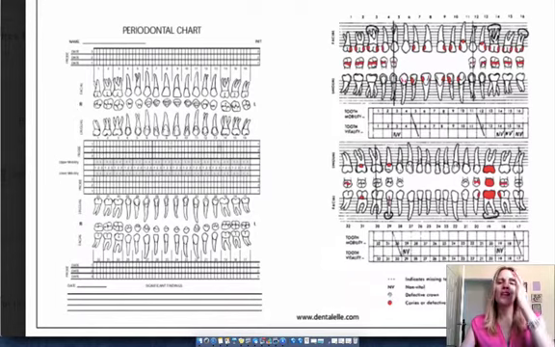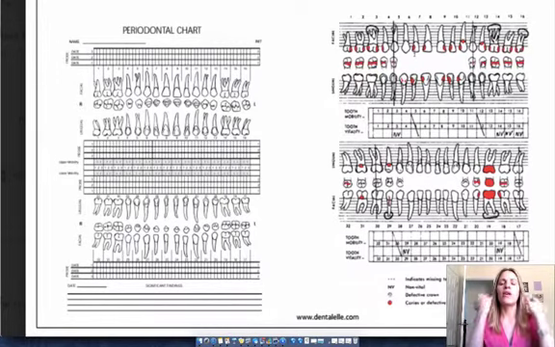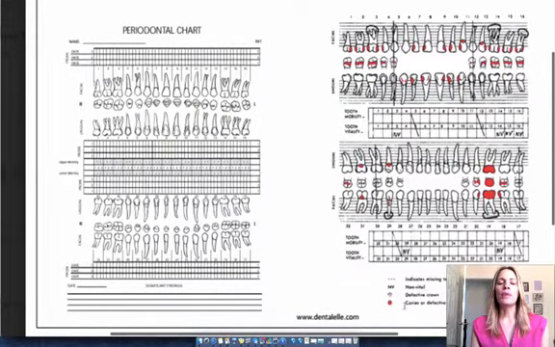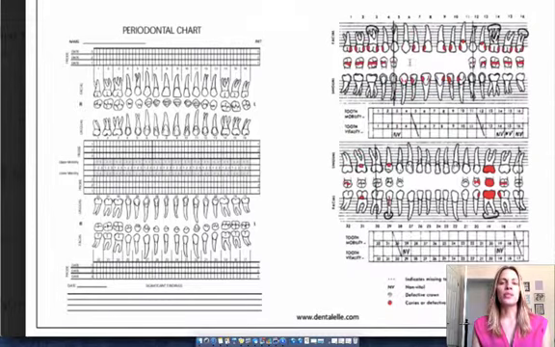The chart next to it is not a probing chart per se. It's just showing you how things may look. It looks like they had marked down all of the amalgam or composite fillings. It looks like they mark them in red, and there's a little legend here. The red is the carious or the defective restoration. When I first saw this, I assumed that the red just meant the fillings that are present, but this is actually saying that it means the cavities or the defective restorations. I hope not. I hope that this is just a sample, because that would be crazy.